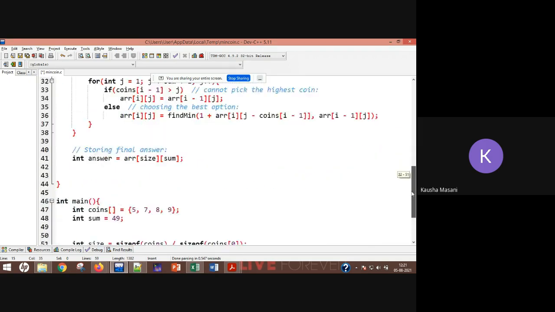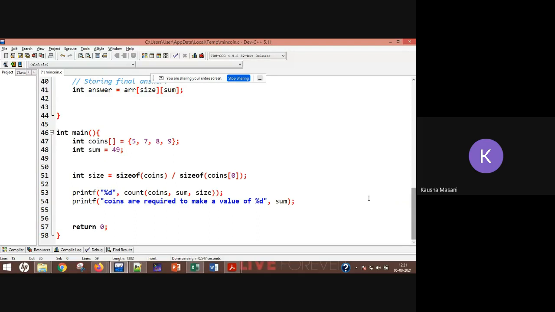I don't do this generally for any of my labs, but because you guys don't know, it will be difficult for you to implement this program on your own. So in my integer main, my denominations are known as coins, one array: 5, 7, 8, 9.